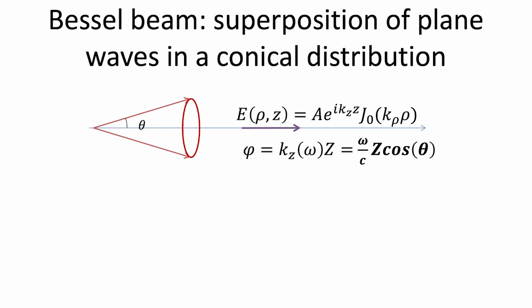You have a linear phase term, e to the i k_z z, and a Bessel function for the radial distribution. The intensity distribution next is just that distribution there. So you can see here that you have a phase that is omega over c z cosine theta. It's been projected. So if we take the derivative of that phase with respect to frequency, we only have the frequency there in the linear term.